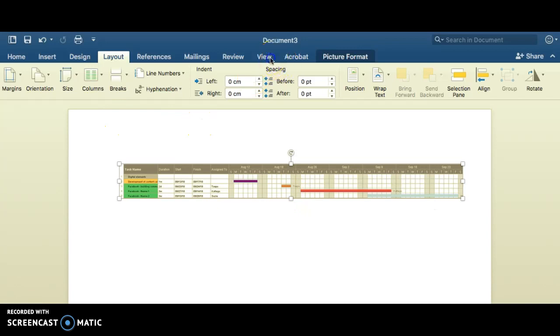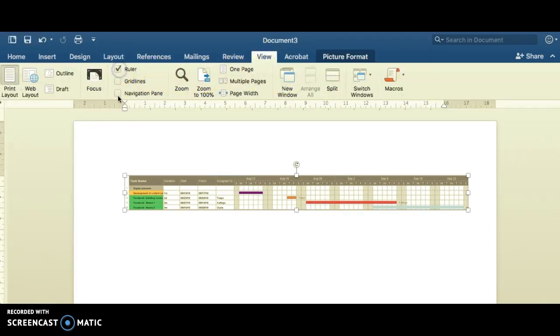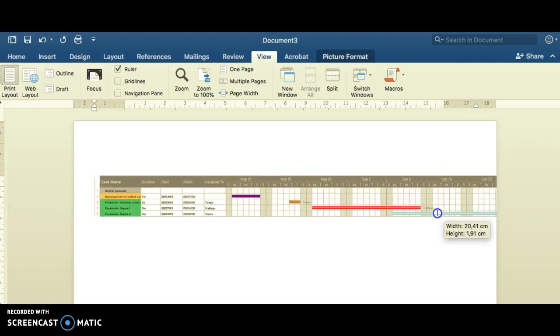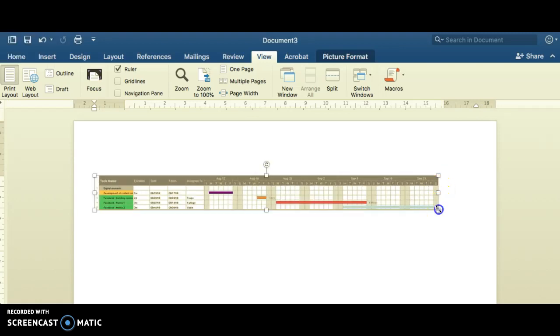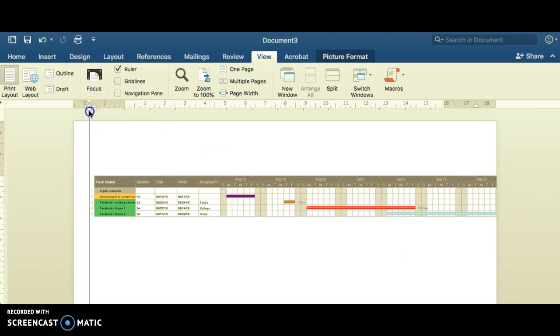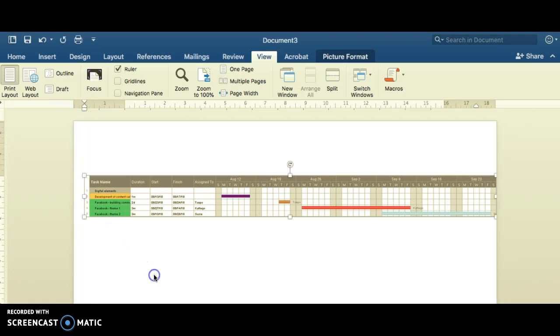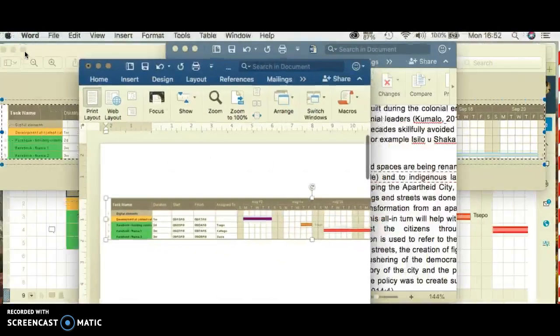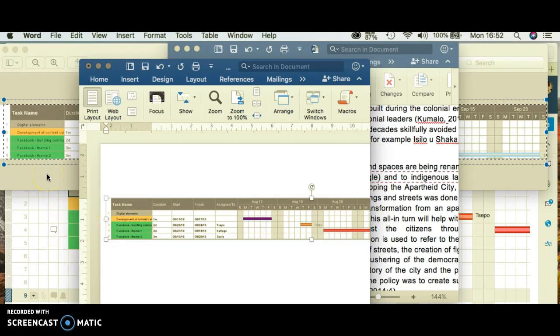If you find that this doesn't work, you go to View and you click on Ruler so that you can play with the width of your page so that you can make it bigger and it still fits without going too big over the page. There we go. Okay. Or you can change it to landscape to fit it in nicely. Or like I said, you can break it down into 3 weeks, 3 weeks, so that it makes a little bit more sense. Okay, so now